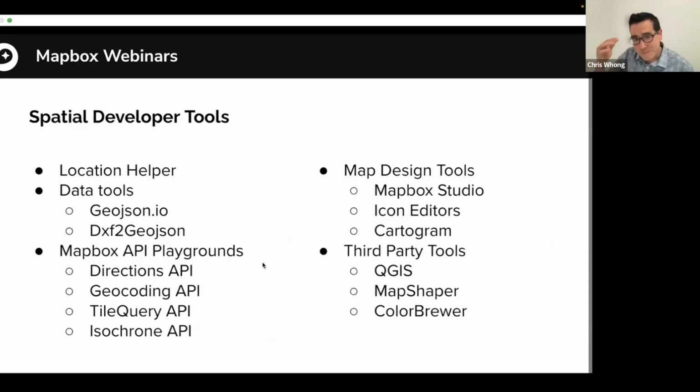And what are we going to do today? So spatial developer tools. I've been a spatial developer for probably a decade now. And Mapbox has a whole suite of smaller tools that just come in handy when you're working with spatial data, and they're also helpful visual tools to understand how our APIs work and grok them a little bit faster.